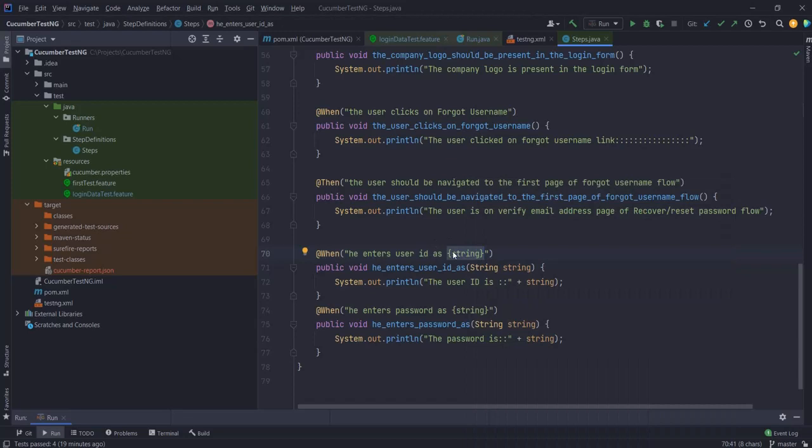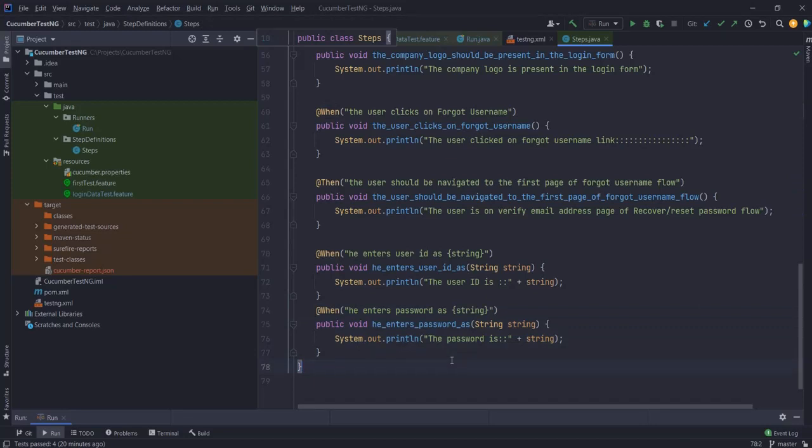So whatever there is at this particular portion, I will get in my method as a string argument, and we can use this string argument as we like. In this particular example, I'm just printing it out. If I'm writing an entire test case, I will use it to perform my test case. Similarly, the changes are the same in my enter password section.